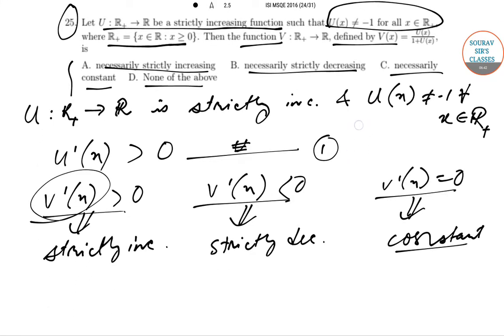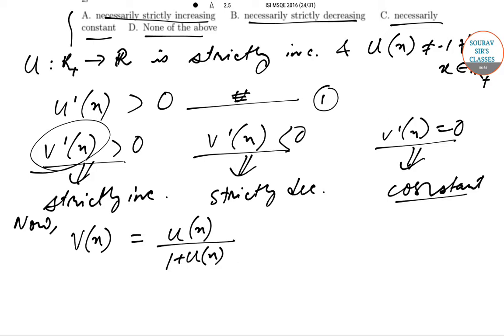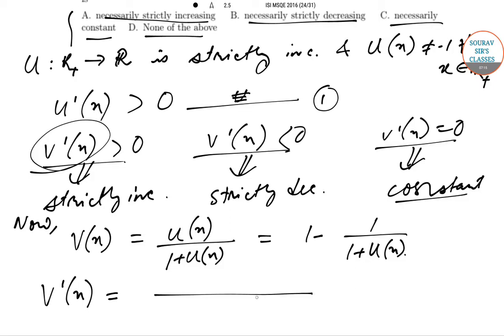Now it has already been defined that v of x is equal to u of x upon 1 plus u of x. This can be broken down as 1 minus 1 upon 1 plus u of x. Upon differentiating, we get that v dash x is equal to 1 upon 1 plus u of x whole square